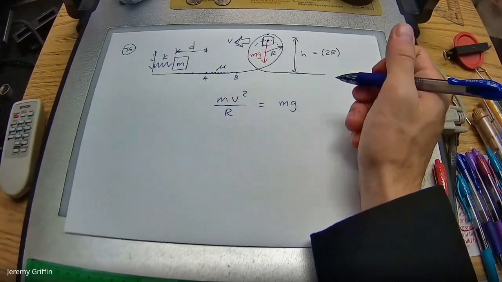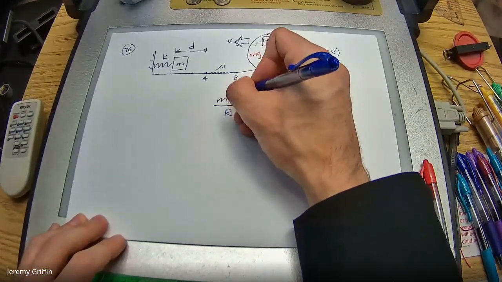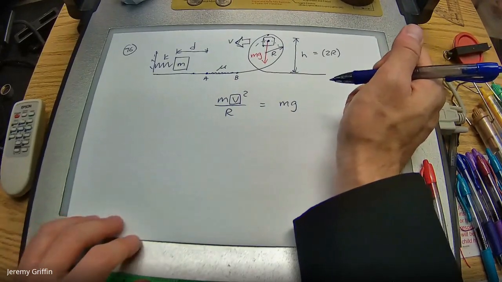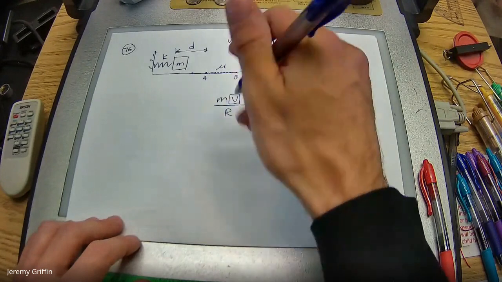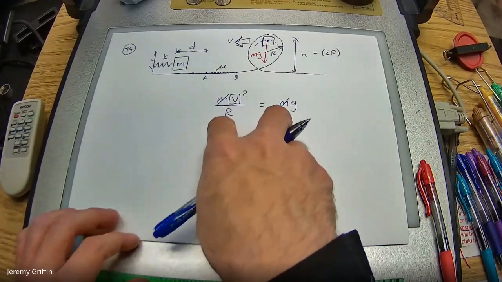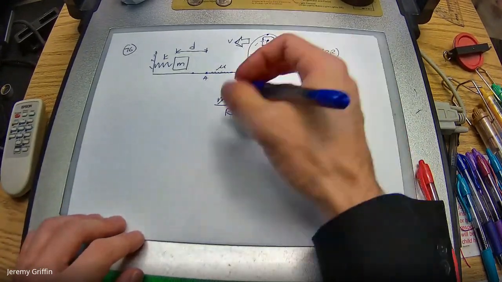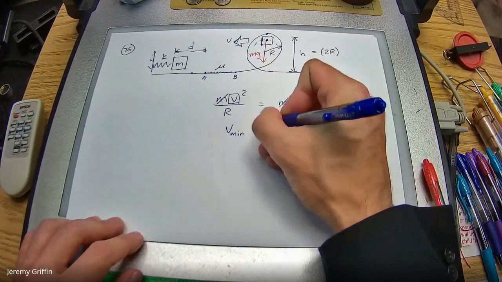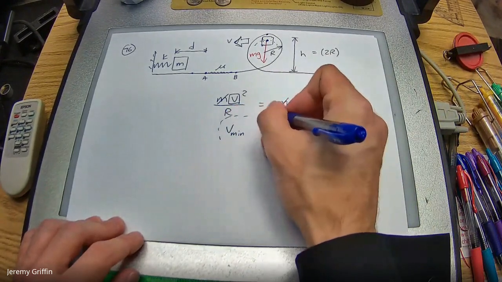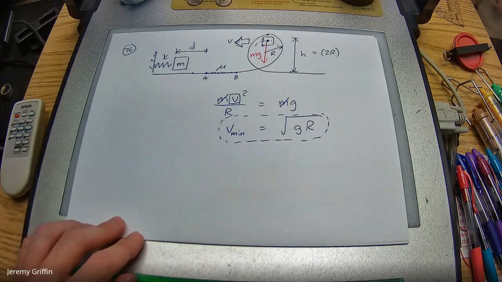Okay. And the reason I want to write that is so that we can solve for how fast it has to go. And then we'll be able to use that and solve the rest of this. Oh, what's going to cancel out? Mass. Yeah, the mass of the block. So it turns out the mass of the block does cancel out for this part. Now, later on, it might be important, but cross multiply, take the square root. You guys see the minimum speed to get around would just be the square root of gr. Now hold on to this idea because that's an important middle step. Great, gr.